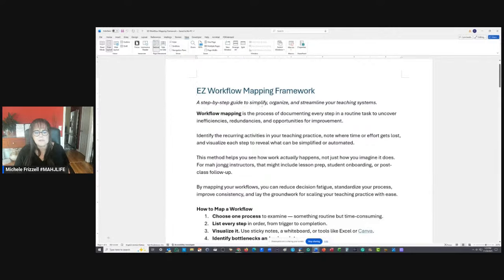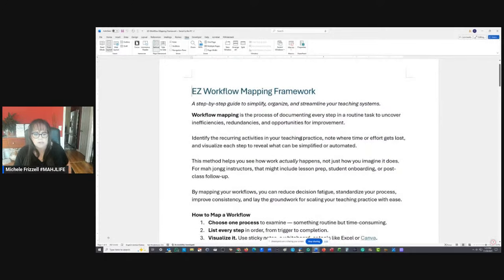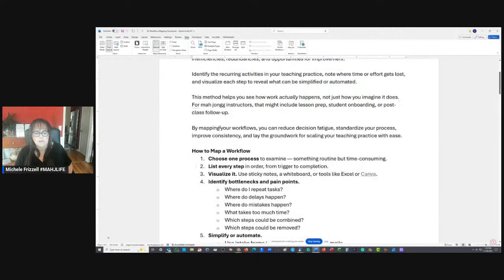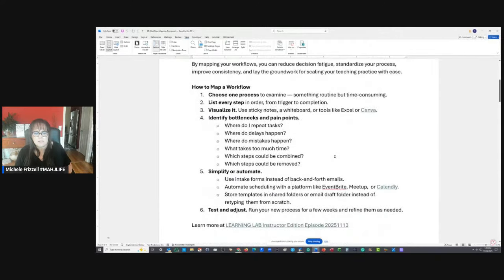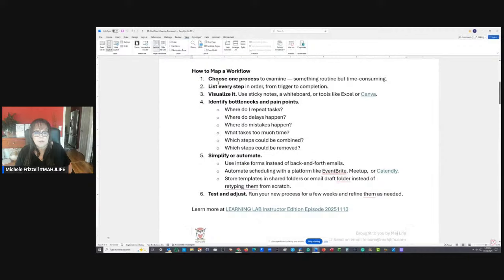This is a step-by-step guide to simplify, organize, and streamline your teaching systems. It's called workflow mapping. It's a process of documenting every step in a routine task to uncover inefficiencies, redundancies, and opportunities for improvement. So feel free to take a look at that later, kind of dig in deeper. But this is what we're going to focus on right now, is how to do this.